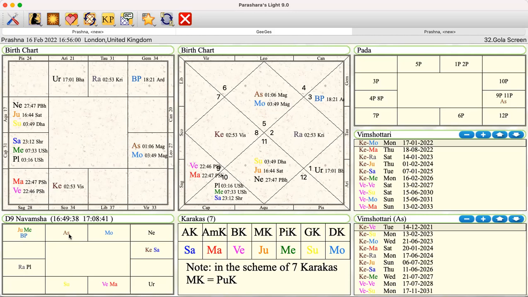Okay, so let's give you a little bit of ideas about what Magha is all about. These people are very family oriented because it's all to do with lineage, heritage, genetics, genes, your DNA. It's ruled by Ketu, which is all about your family, your heritage, your lineage again. Those are the themes. This is a very responsible nakshatra, and these people can work under lots of stress and cope quite well.